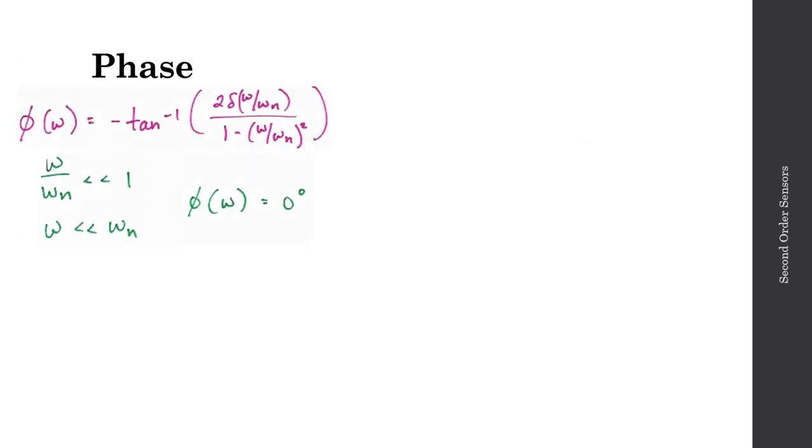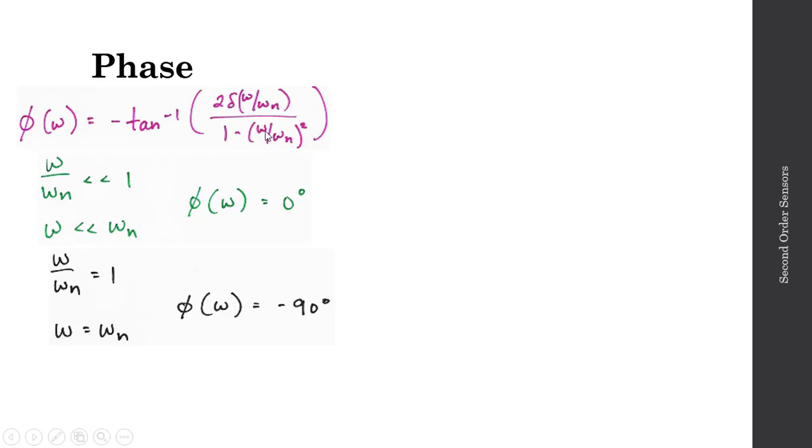We can also take a look at the phase response of these second order sensors in a similar fashion. For the case where omega over omega n is much less than 1, or the input frequency is significantly less than my natural frequency, this will end up being a very small number, so my phase will be equal to 0 degrees. In the second case, where omega over omega n is equal to 1, or my input frequency is equal to the natural frequency of my system, what I'll find is